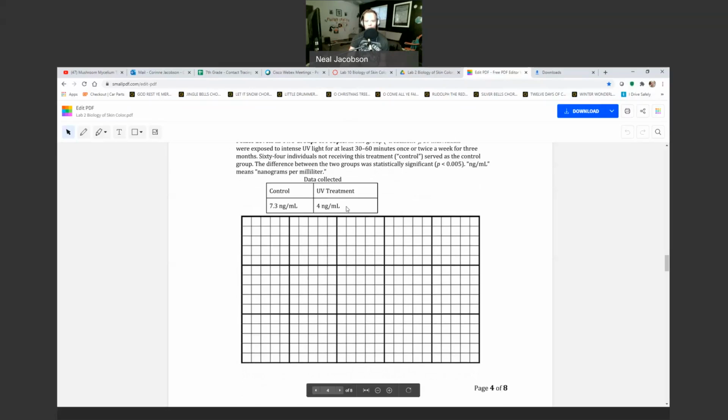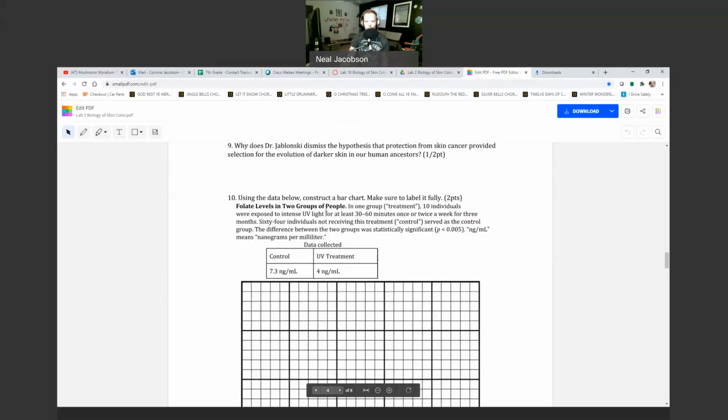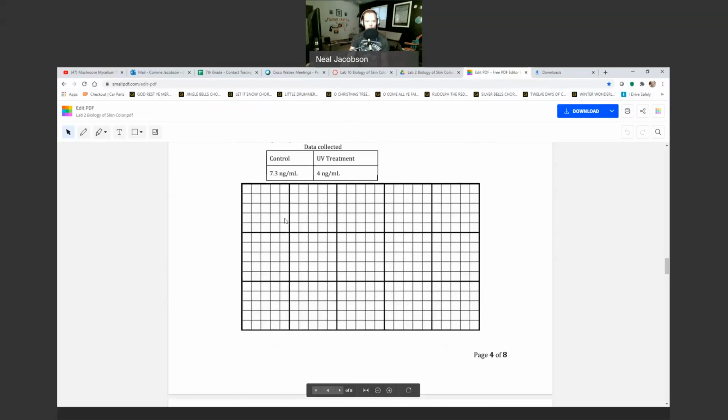Okay, so what we're going to do here is actually graph this. So construct a bar chart, and this will take just a minute, and maybe you guys can bear with me here. On the y-axis, this would be our folate levels, and so let's type that in. Folate levels, in the units of nanograms per milliliter. And then on the x-axis, this will be our